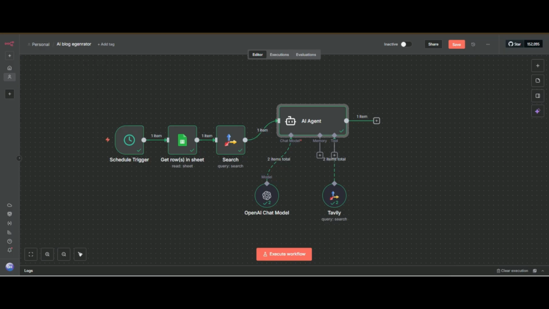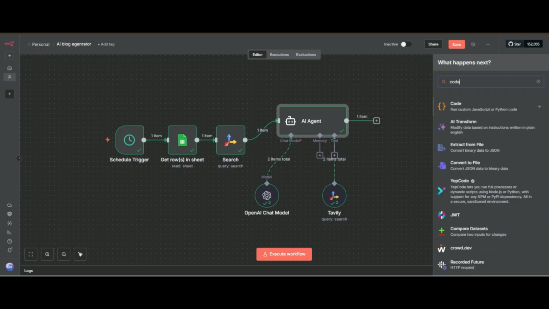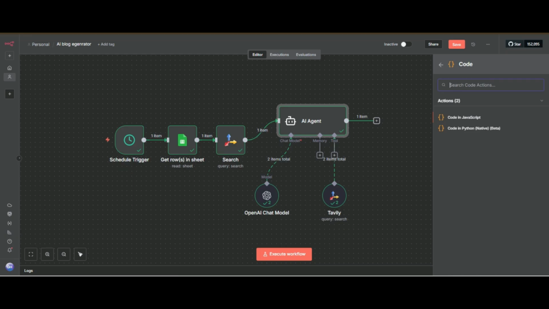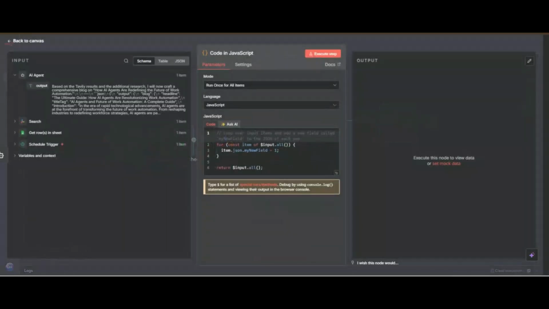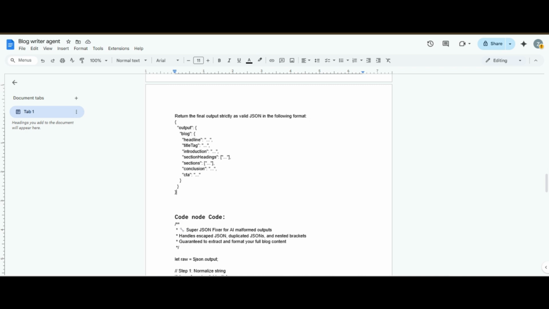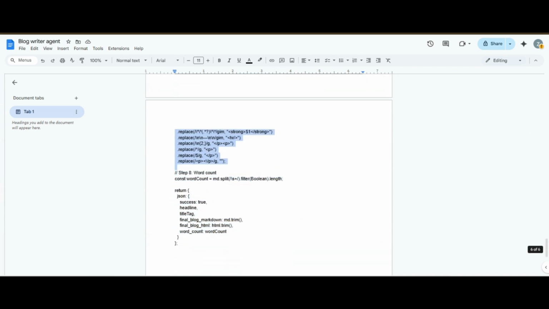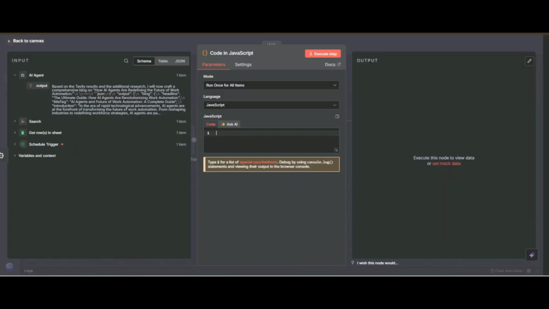So we will use a code node. I will search for the code node, and in the code node you have two options, JavaScript and Python, but I use JavaScript for now. Now I have to give the code, so here is my code, I will paste it.